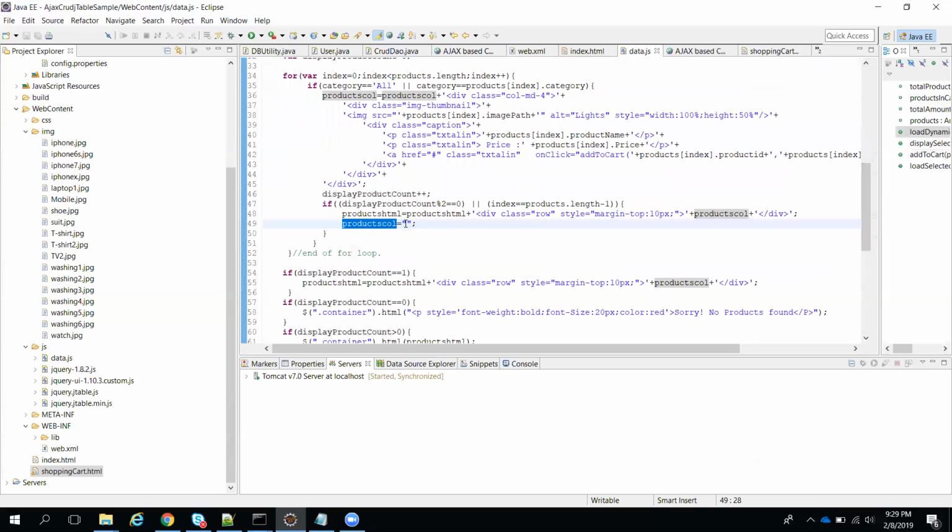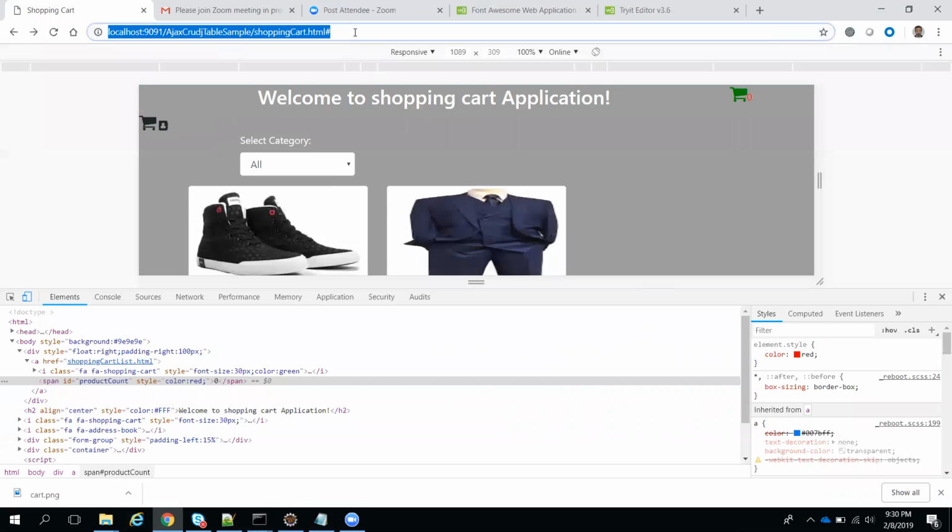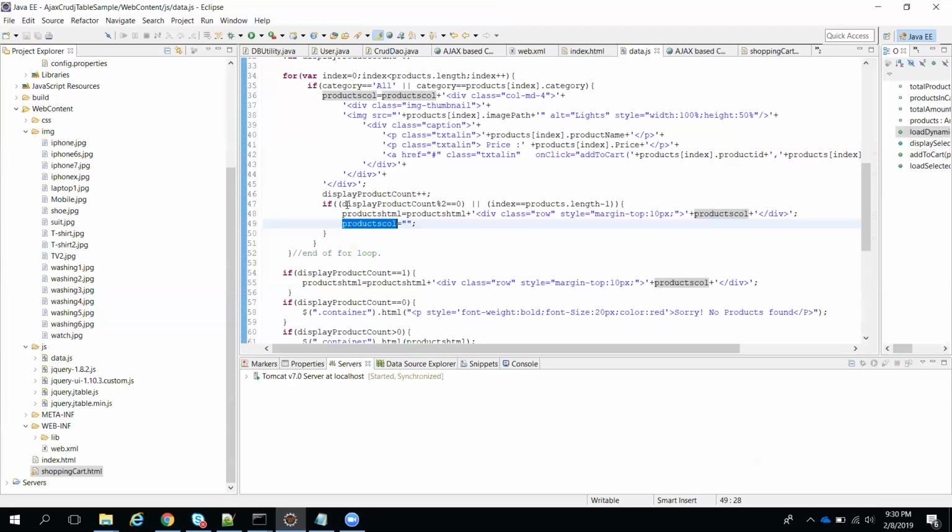So this product.html I'm clearing here. Why we need to clear it: when you think about your functionality, you have to map it to your coding, that is very important. Every time you have to see how the output is coming, and try to map your code to the output. In that scenario, if you think step by step, you can resolve your issues. I have done it in that way only, because every time I'm checking some conditions.